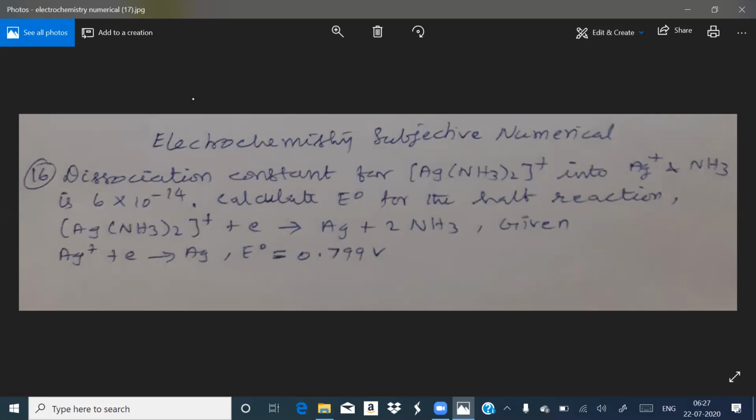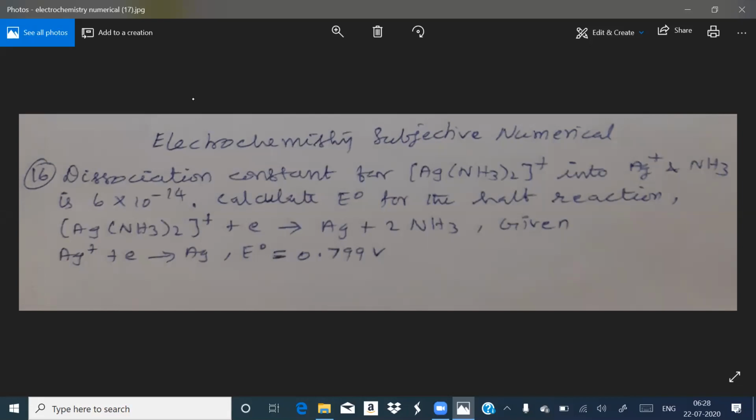But what is the difference? Electrolyte is different. Here electrolyte is Ag plus ions. Here electrolyte is complex. So here electrolyte Ag plus, here electrolyte complex, means in what way they are different? In this case also Ag is having plus 1 oxidation number. Here also Ag is having plus 1 oxidation number. Then in what way we can say the difference?